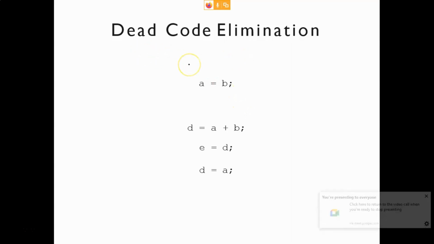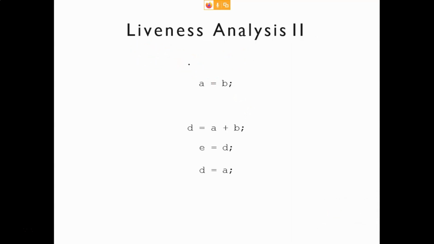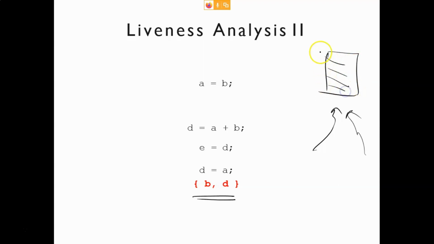Now we will do the liveness analysis. Let's do it again. So basically liveness analysis 2 you can do. Let's assume that b comma d are already there, because as I told you, these b comma d are coming from different basic blocks. Let's assume you are analyzing this basic block. On this basic block you are performing this liveness analysis. Then this b comma d are coming from the remaining part of your control flow graph. So let's assume initially this b comma d are live.